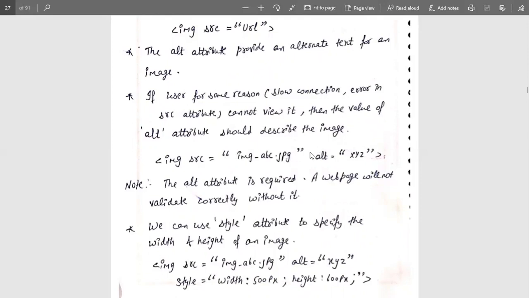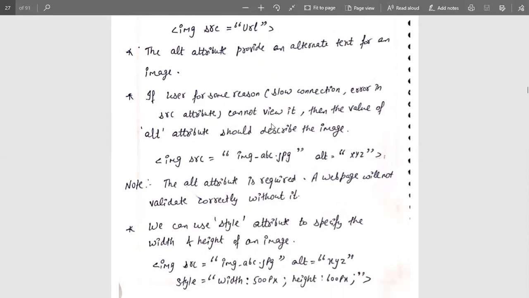Once the source is mentioned, there are some chances that the image will not upload properly for some reason, so the alternative text will be mentioned. That means alt is equal to xyz. This is just an example, and that value is also inserted in enclosed inverted commas, and then the angular bracket is closed.